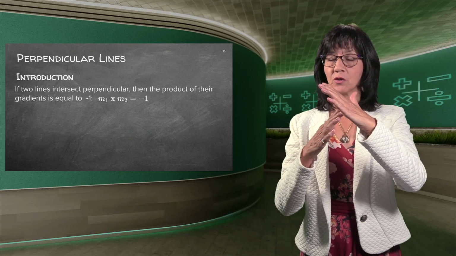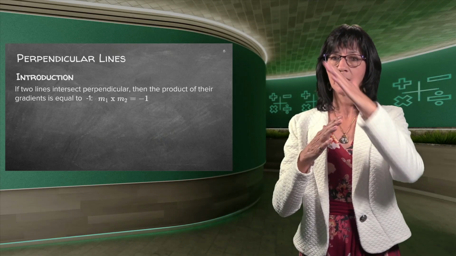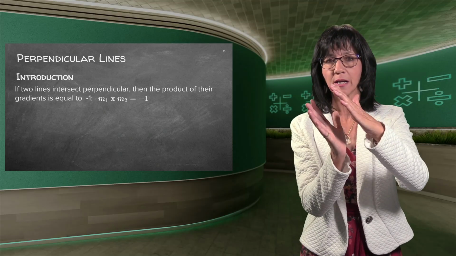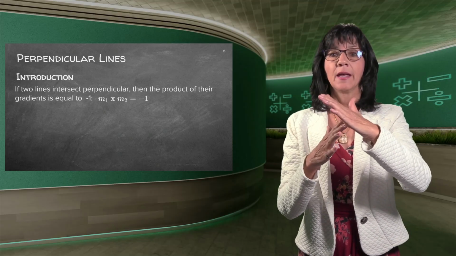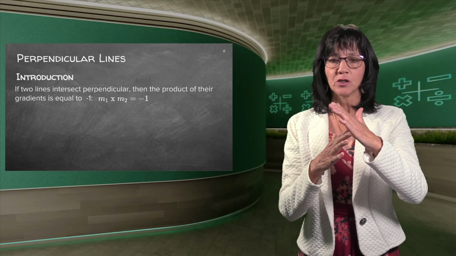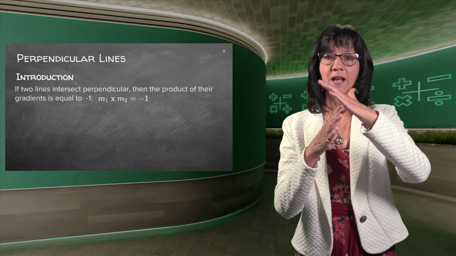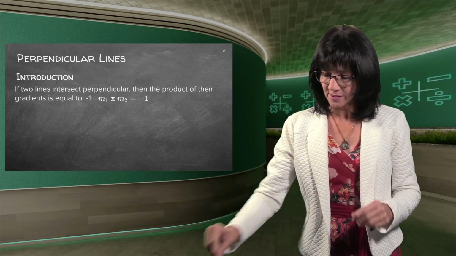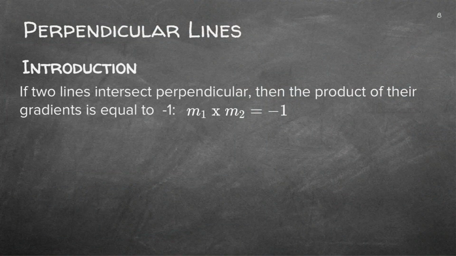So you need to think for yourself, if I now have a line that is positive gradient and negative, they can't be the same anymore, like the parallel lines. So they have to be different. Now, how different do they need to be? Because they are totally 90 degrees, they are totally perpendicular. We can give this little formula here. We can say M1 times M2 is equal to minus 1.